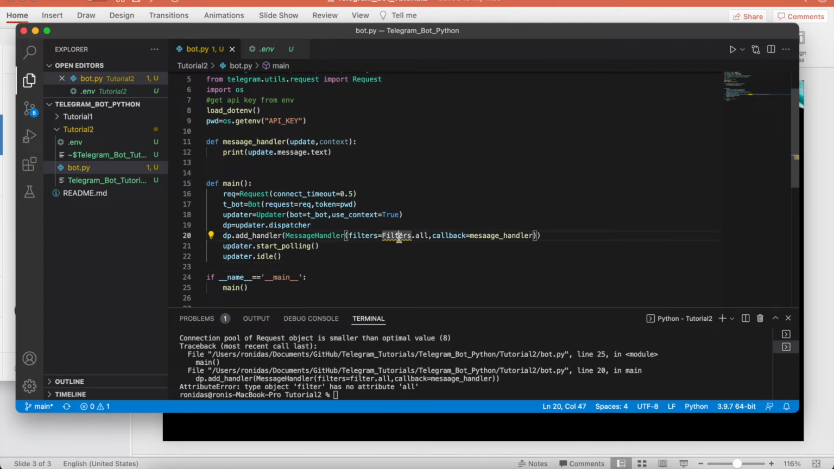Filters is saying that filters is not defined, so this is something strange. Why is this coming like this? Okay, so this is a strange error we are getting over here. So message handler, add handler. Okay, so filters equals to